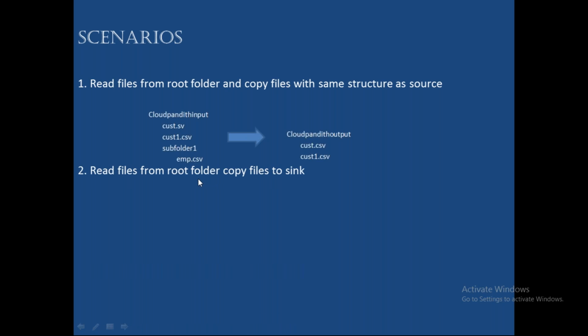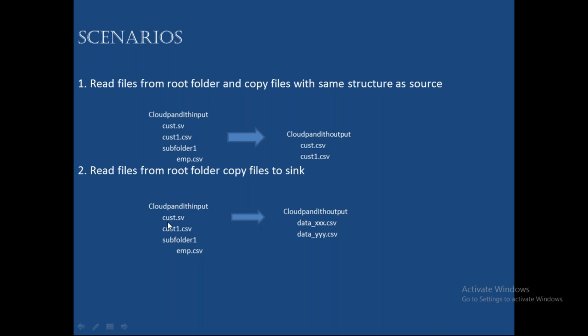Okay, then here you see Cloud Pandit input. I want to load these files as the same cust2.csv and cust1.csv into my Cloud Pandit output. I won't touch subfolder 1.